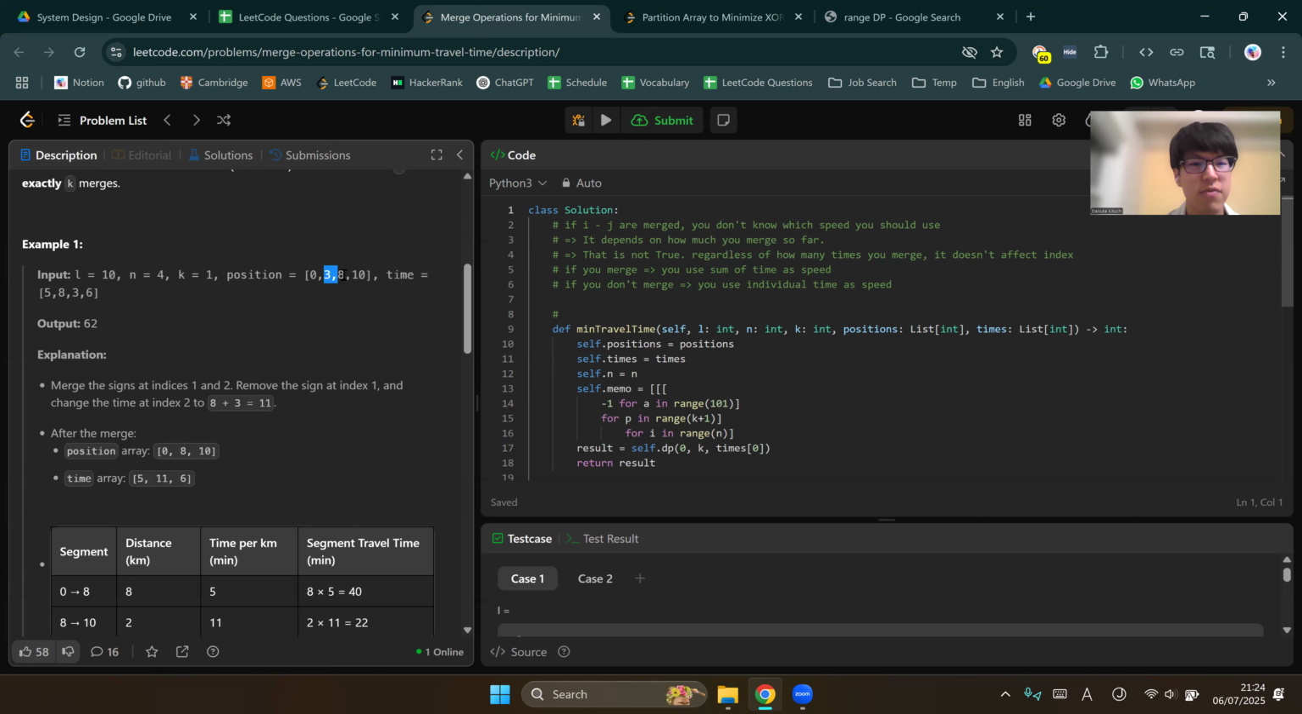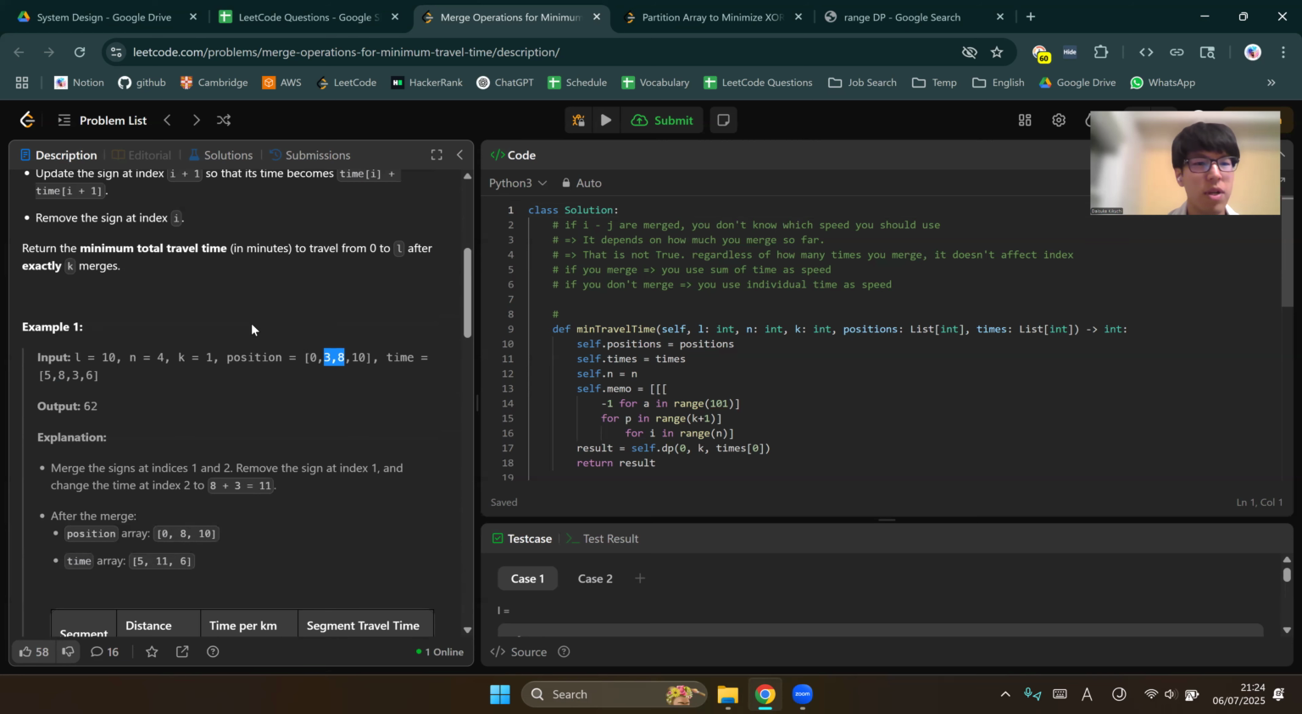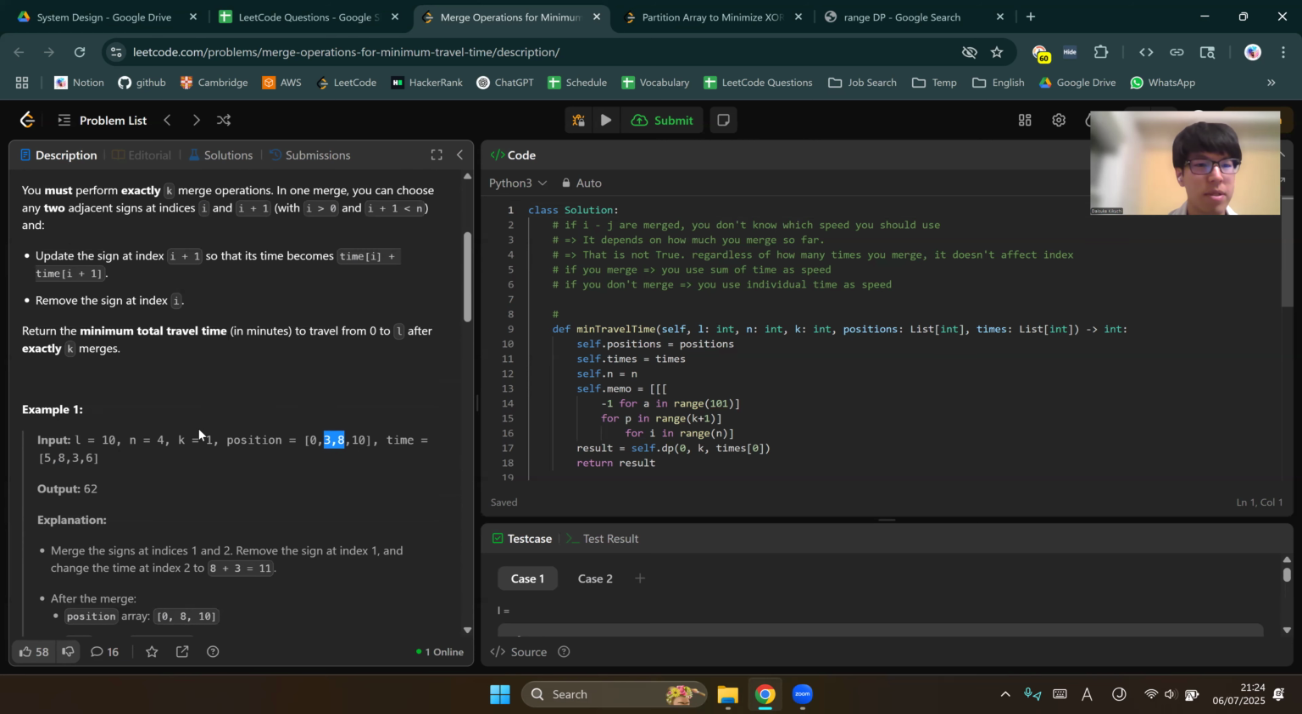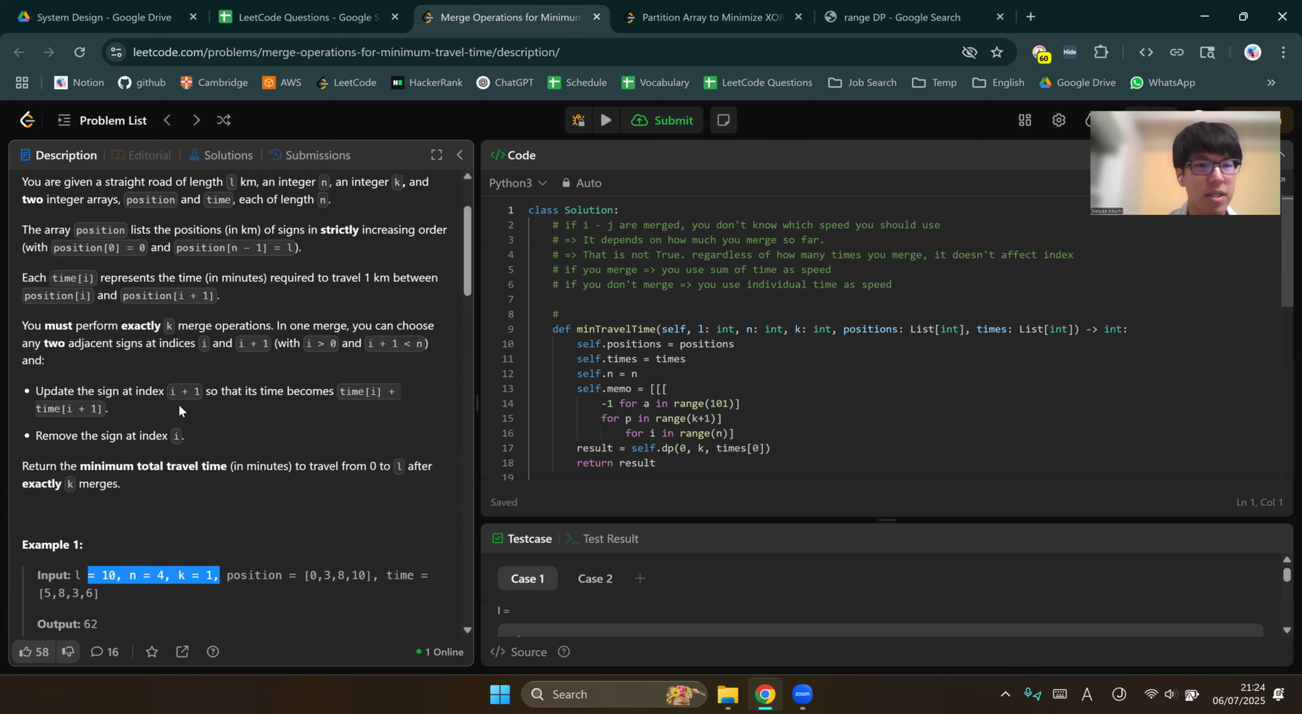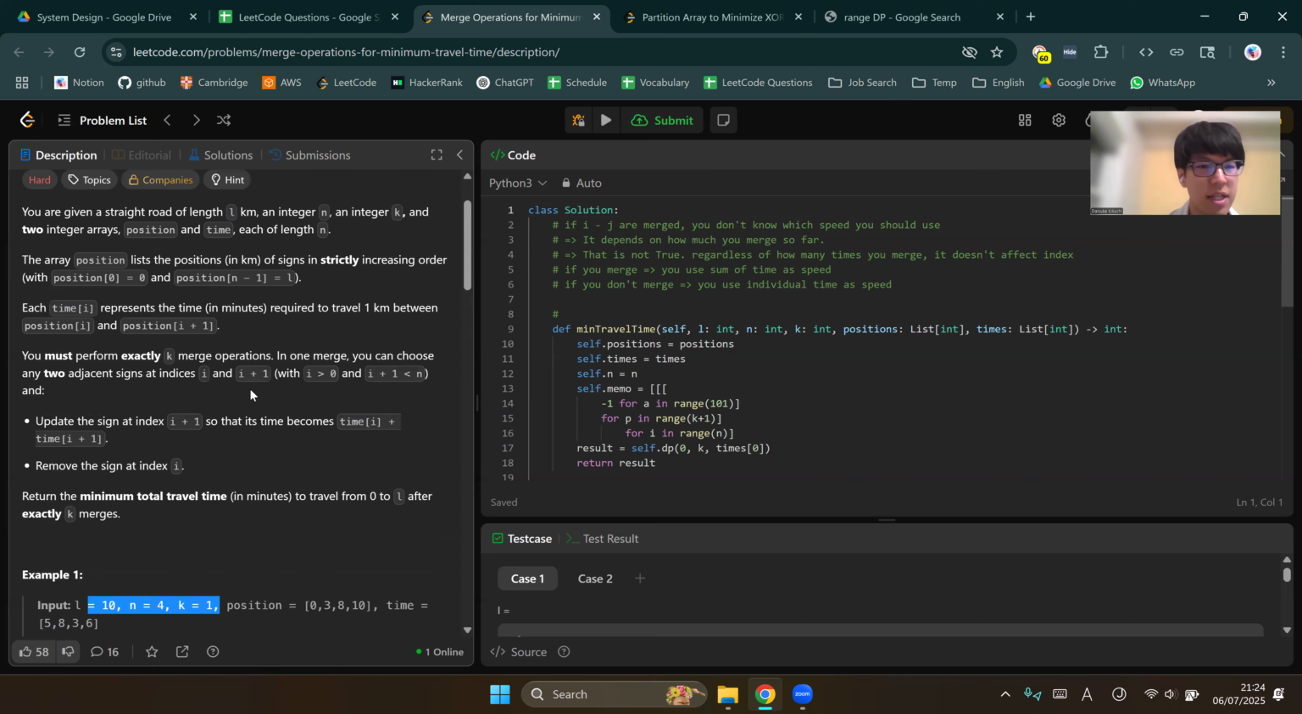And next is 3 to 8, and you can travel with this time 8, and because it has 5 kilometers, that's going to be 40 minutes in total, and so on. But we also have different parameters like this, and what is this? So L is